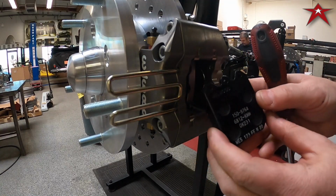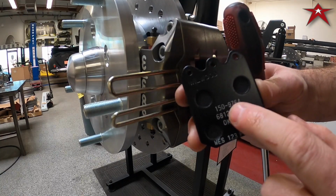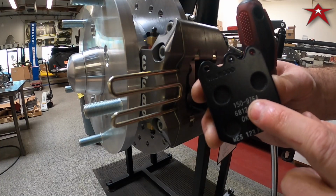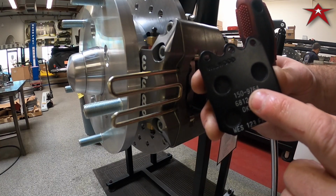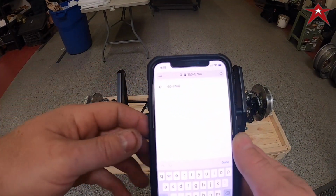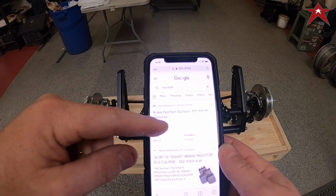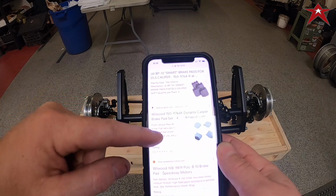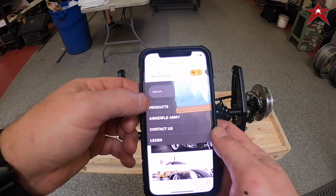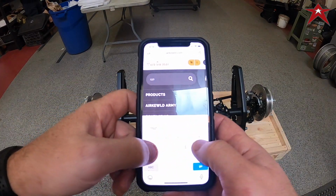The cool thing with these pads is they actually have the part number here. Now you can Google that part number and it'll come up, and you can probably find it near you. We're going to show you how we do it on a smartphone. So we put the part number in Google, we search, find out Wilwood's part number, Amazon, Speedway Motors, or we can go to Airkewld's website and start typing in the part number 150